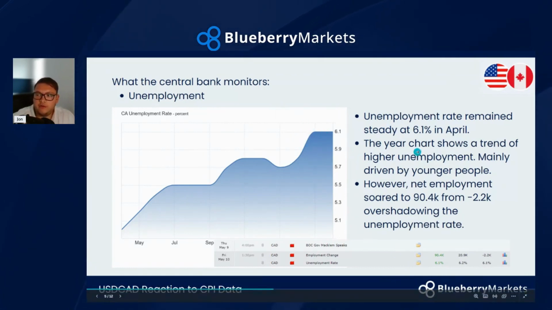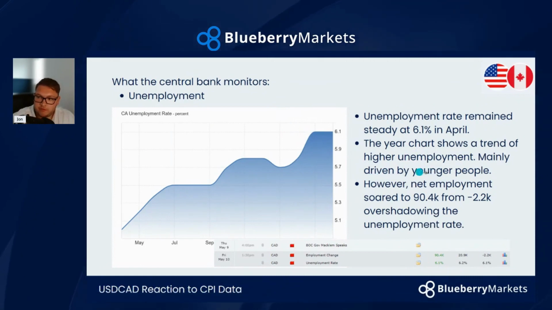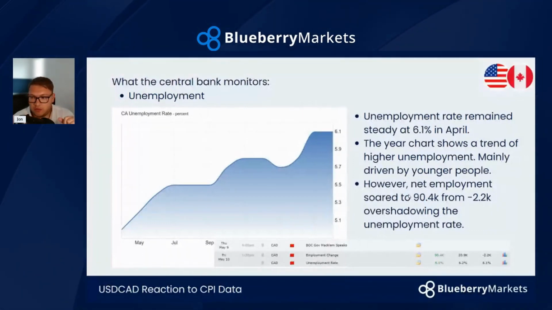And the higher unemployment rate at the moment is mainly driven by younger people at this current moment in time, and those heading into retirement age as well in Canada. So really speaking, the core growth that we saw, when net employment moved up to 90.4K, was mainly due to the middle ages in the economy in Canada as well. So those that are usually spending more, essentially we saw a bigger job growth there.